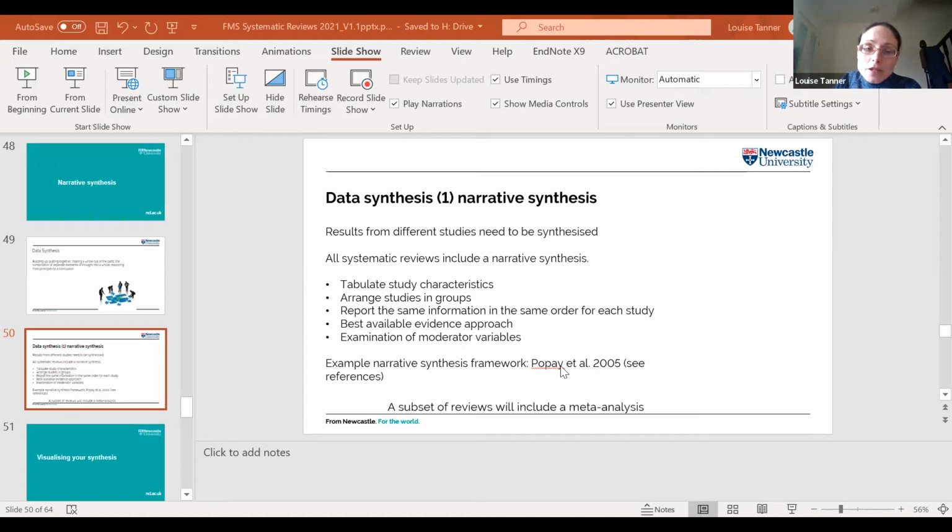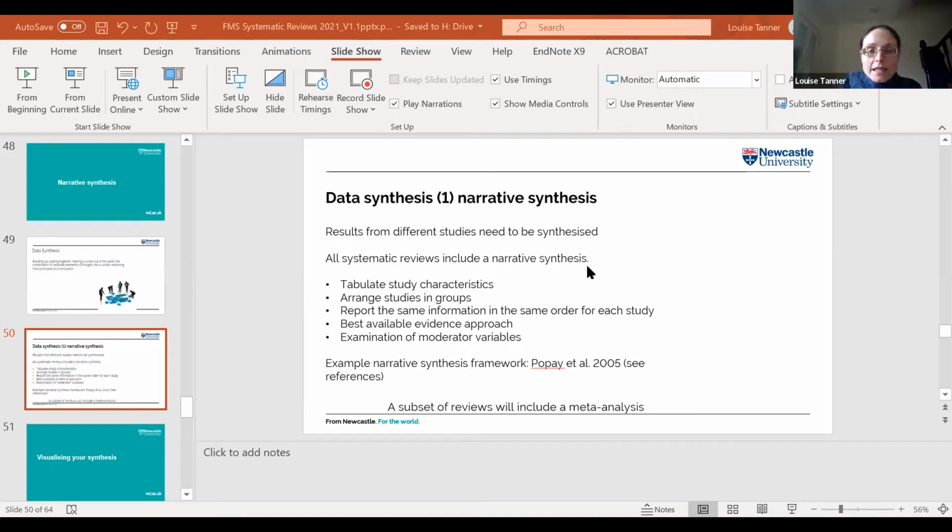So I'm just going to mention some key points to consider when writing a narrative synthesis. You would usually tabulate study characteristics, have tables of study characteristics within your results. You've got to decide how you want to present your results. It might be that you're looking at the effect of an intervention on several different outcomes, so you might want to summarize the evidence for the intervention in relation to each outcome separately. Or you might have different risk factors that you're looking at and the effect on one outcome, so you might want to organize your results so that you're summarizing the evidence for each risk factor separately.